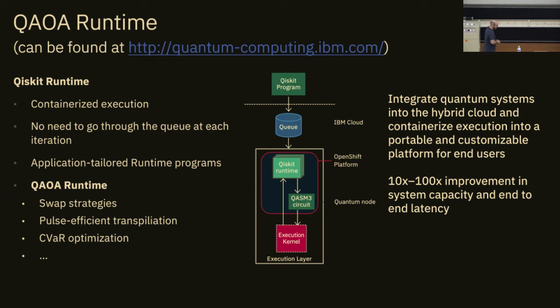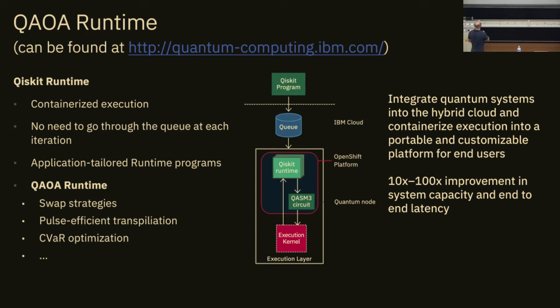All right. Now I want to very briefly talk about the Qiskit runtime. Peter already mentioned that before. Qiskit runtime is a way to run your full quantum algorithm in the cloud, close to the quantum computer. You don't have to queue for every circuit, but you queue for the whole program, and then it's executed quickly.